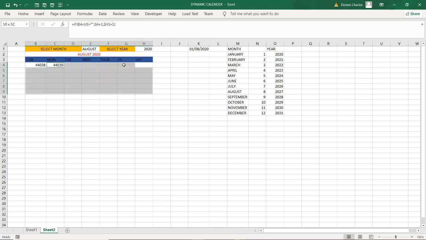Control, I highlight this place. This one we have to have it like equal sign.